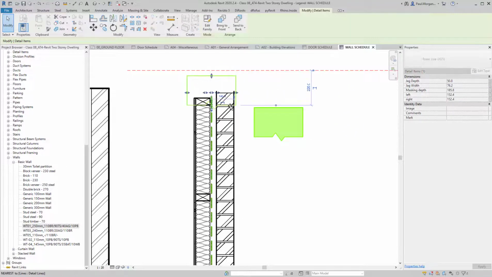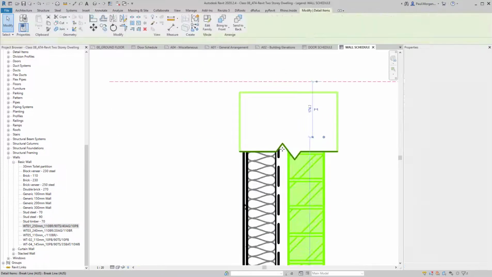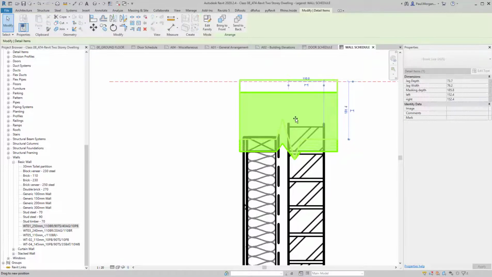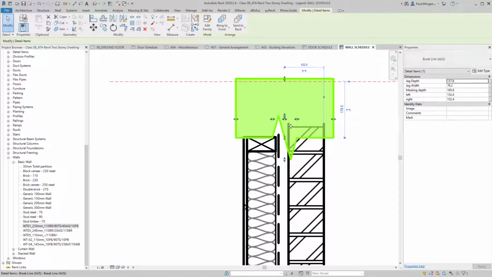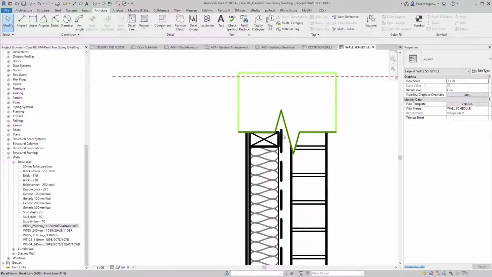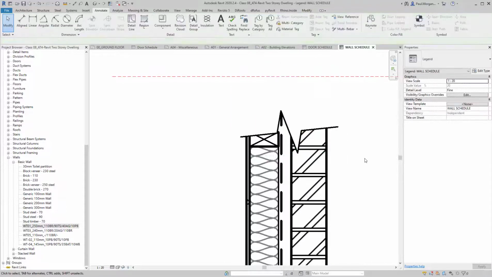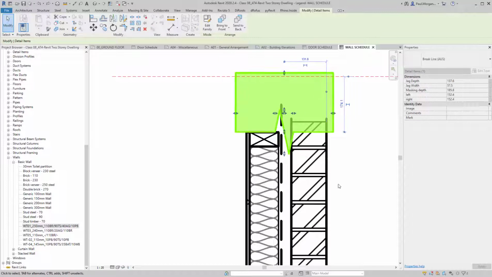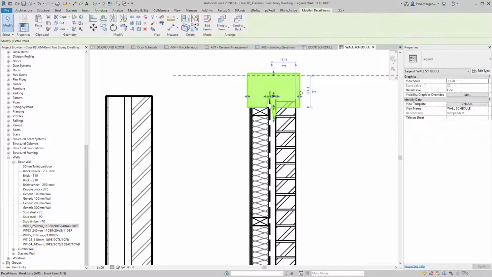So I'll grab it and put it down here somewhere, and you'll see it sort of whites out anything beyond that position. And I can play around with it to make the break line a little bit more exaggerated. I can even rotate it, so it looks something like that, but I won't. I'll leave it like that. You can change how dense it is, how close it is, how much it's covering, stuff like that. So I could do something that looks like